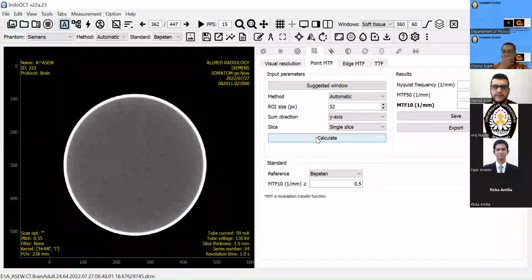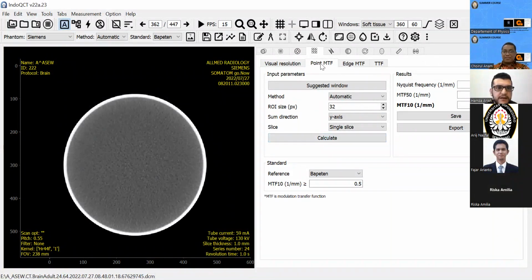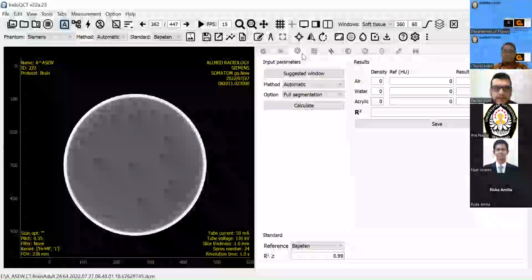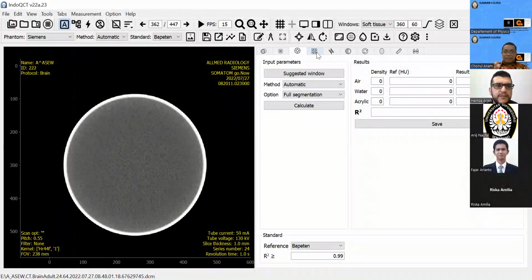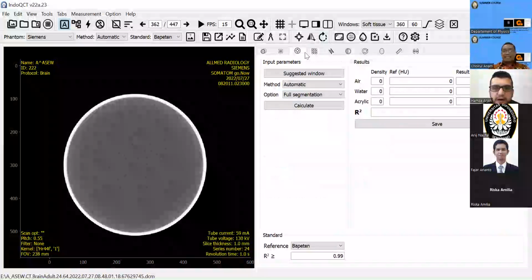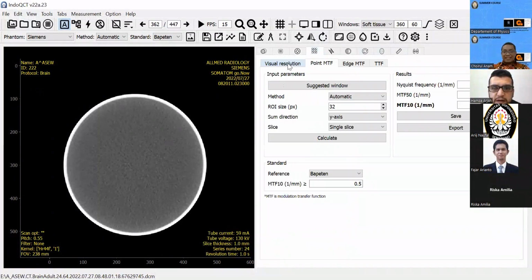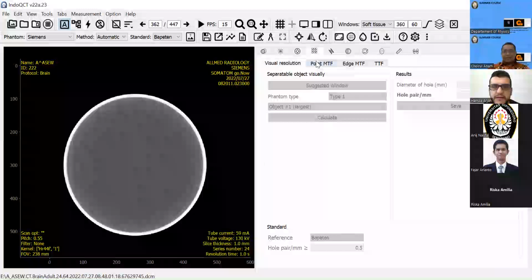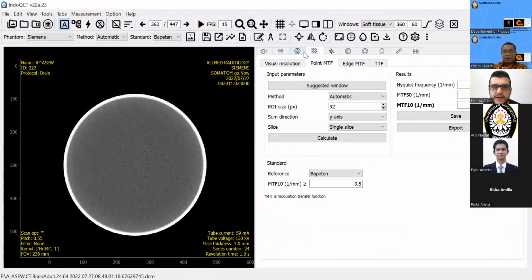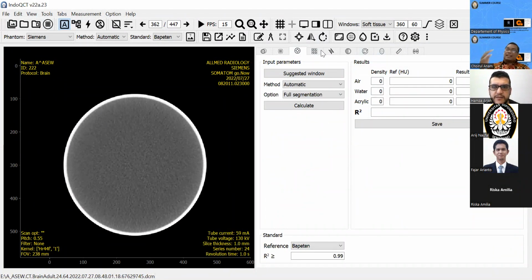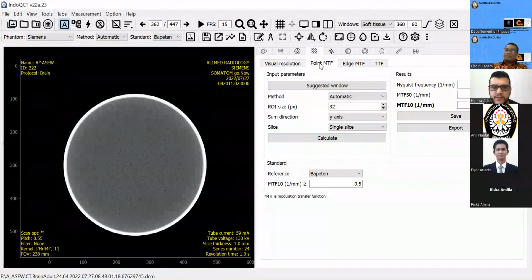Number 3, the tab number 3. Beside number 3. No. The tab number 4. Tab number 4. Here. Yeah, right. Please click that button. Okay, and then edge MTF, sub tab number 3.